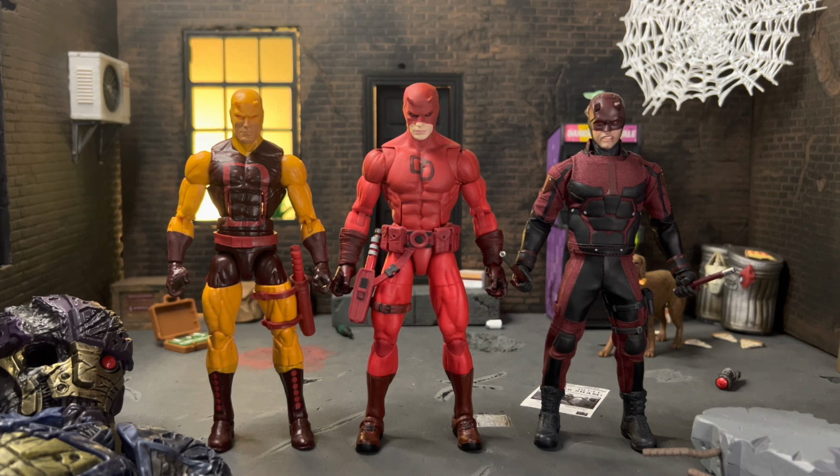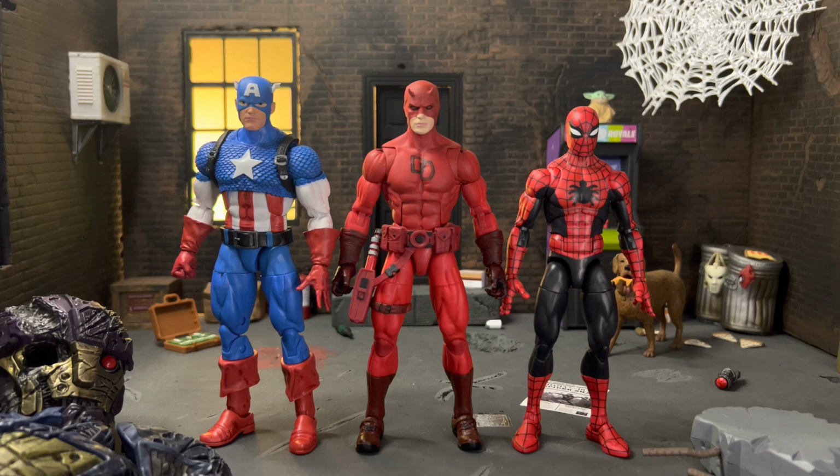I do. His shoulders are broad on the Bucky cap one, and I think that might be why I'm not too happy with how the Renew Your Vows body is going to look with Daredevil, because I think his shoulders should be broad anyway. But, you know, maybe I can fix it. Maybe I can add different shoulders or something. We'll see. And then, of course, as always, here he's next to the retro 20th anniversary Captain America and the